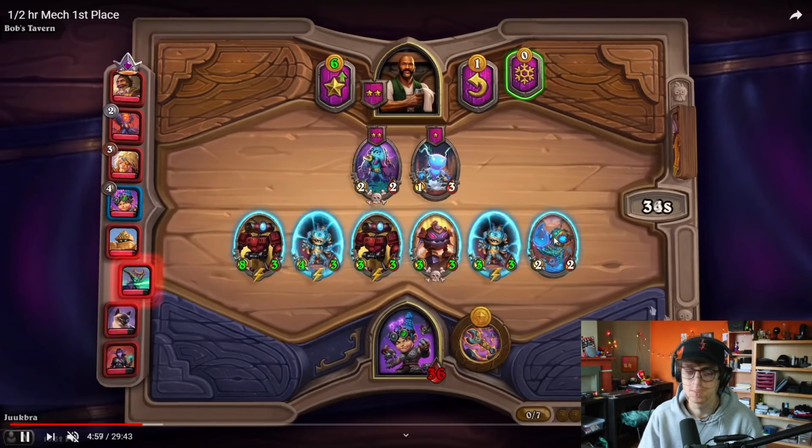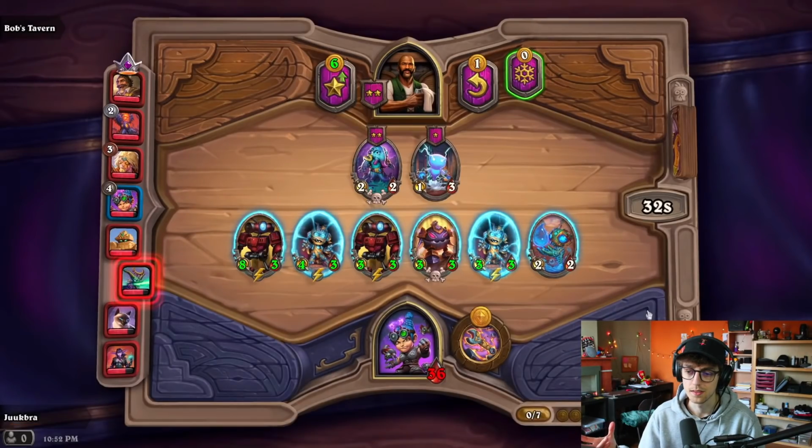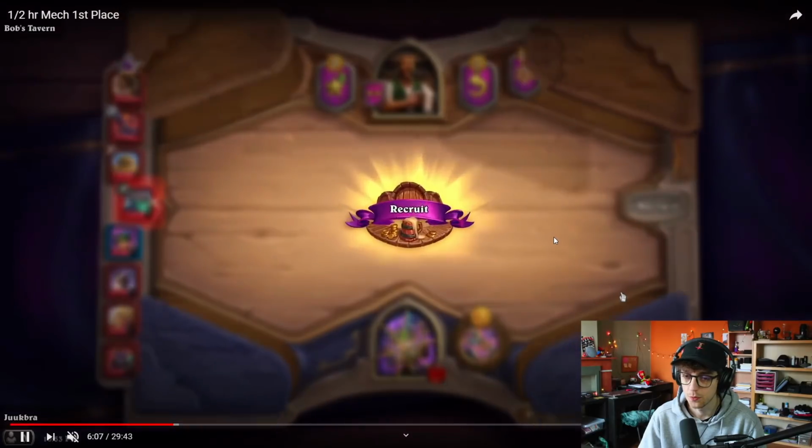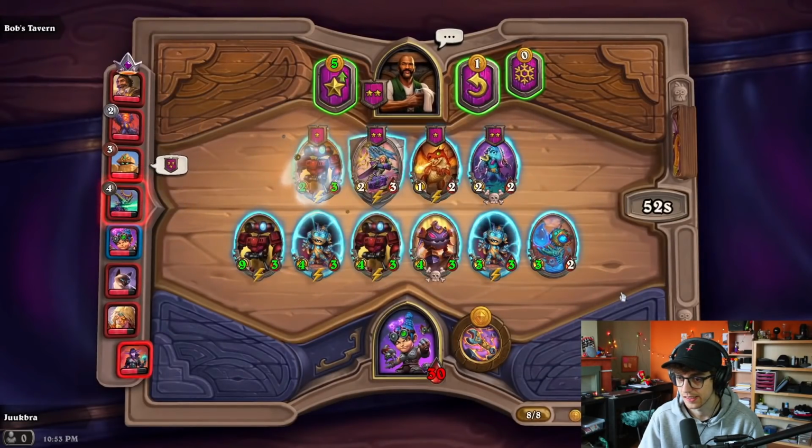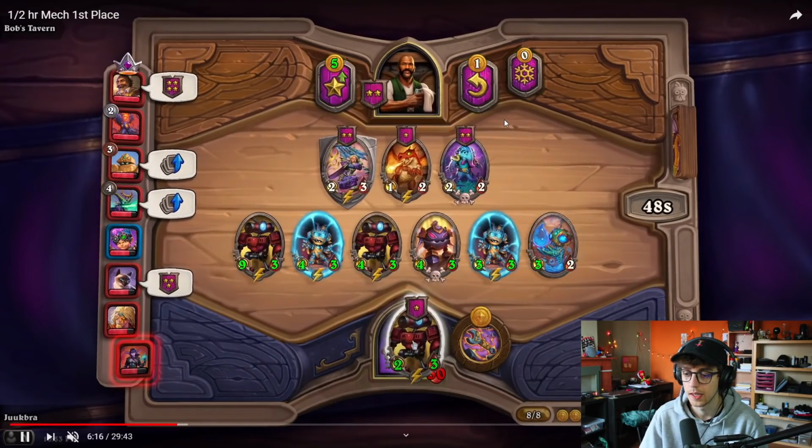I don't think you need the money. I think you undervalue the tempo that Spawn gives. We would have won the fight. Now you lost to Ysera just because you didn't take it. There's a triple. Now you can level by. I think you buy the Spawn here, and...